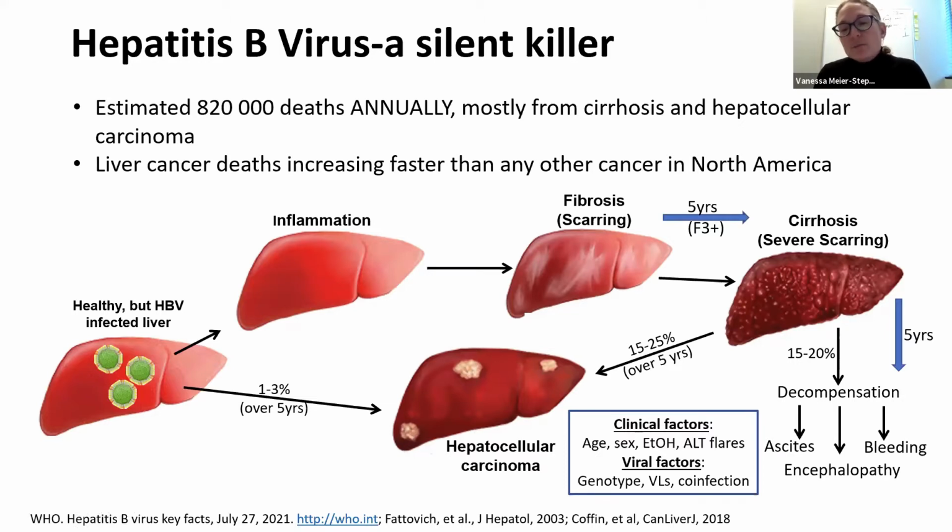The rates of progression and the complications around this do have some link to both the clinical and the virologic factors. So the older you are, if you're of male gender, other concomitant conditions, viral factors such as the genotype, viral loads, and different co-infections could all impact the rate at which you progress through these different stages. As well, treatment, monitoring, and interventions can also help slow the progression, and reverse some of this in some cases. Overall, though, if you do develop complications such as cirrhosis or HCC, the annual death rate for someone with chronic hepatitis B turns out to be 20 to 50%.